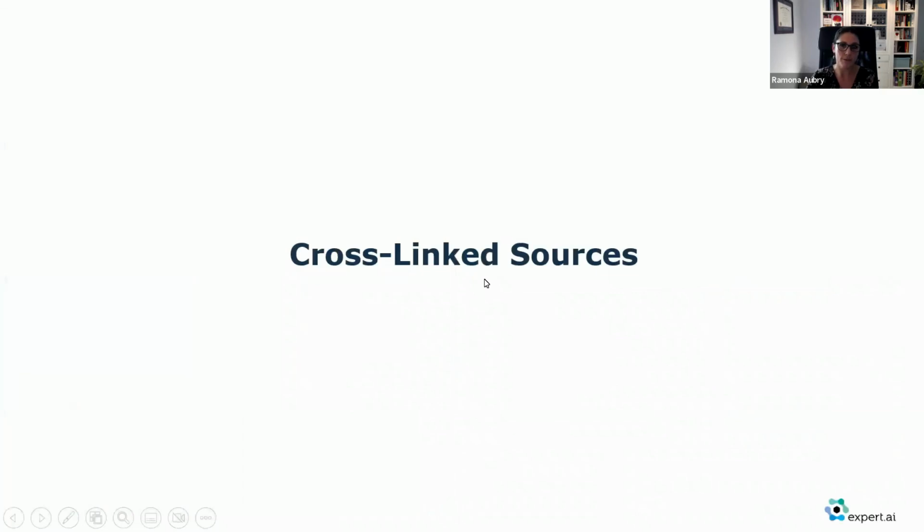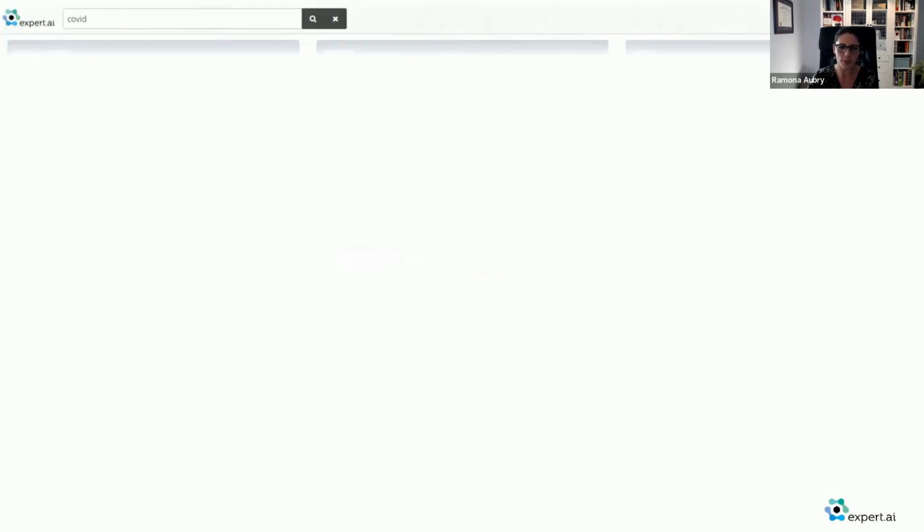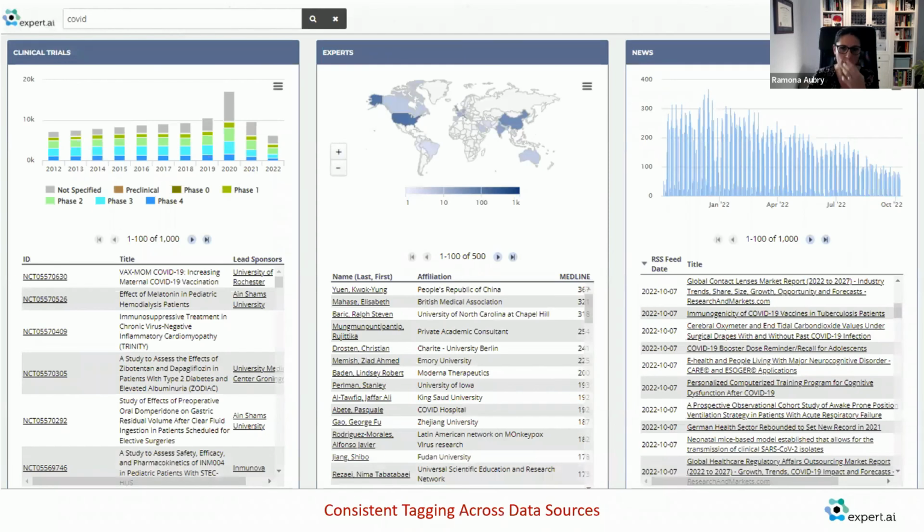Now, another example that illustrates the way we can, let's say, benefit from having cross-linked sources driven by a taxonomy strategy is if you use the same idea of the taxonomy as the backbone of solving this problem around silos with data. So we did obviously the first research around COVID as well, just to show you how you can look at the data from a perspective of connecting these different silos. So what we see here are different publication and search projects that are covering multiple sources.